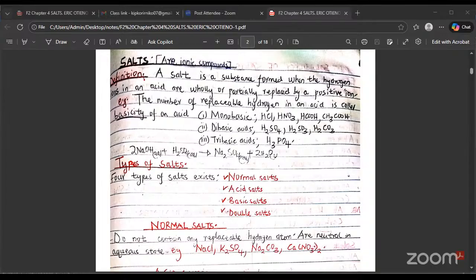As you can see, it is very clear from the formula. Let me reduce this one. So it is very important to write the formula correctly. So dibasic acids, they have two. We have tribasic acids, they have 3 hydrogens. So for example, if I was to write this one in the chemical formula, breaking, of course, those things, I'll write this one. So you'll find that it is hydrogen ions, which is